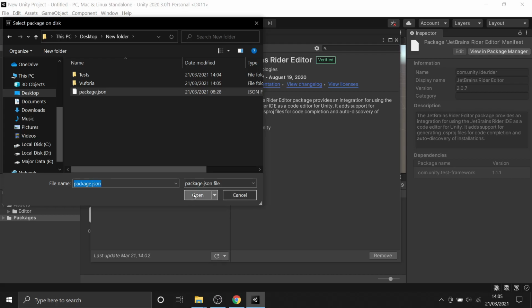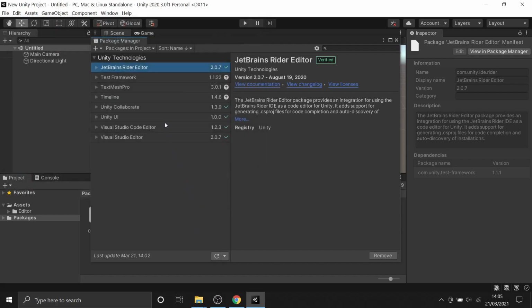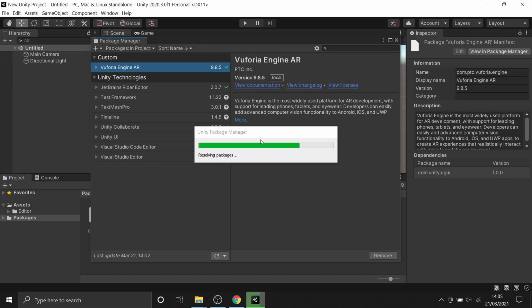Just click on it and open. It will automatically install all the Vuforia plugins, the engine, its APIs on your Unity project, and I'll show you how to confirm whether the Vuforia engine has been installed into your Unity project correctly or not. So let this import complete first, then I'll show you.